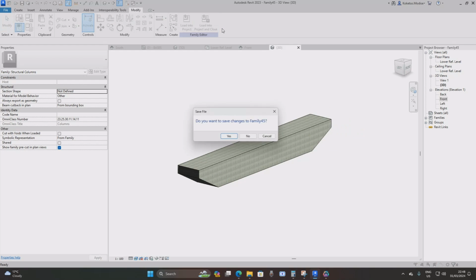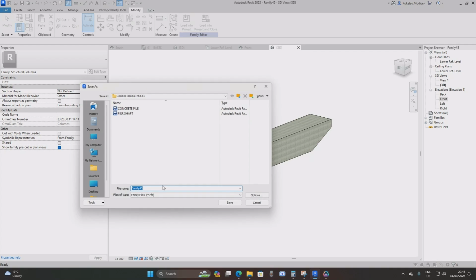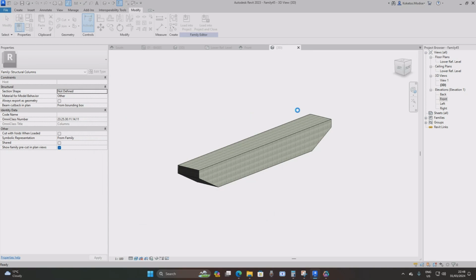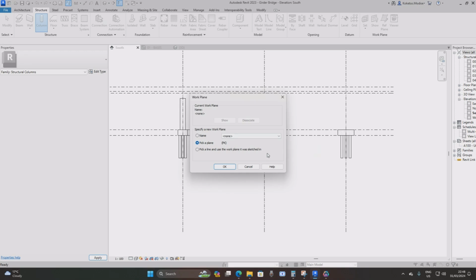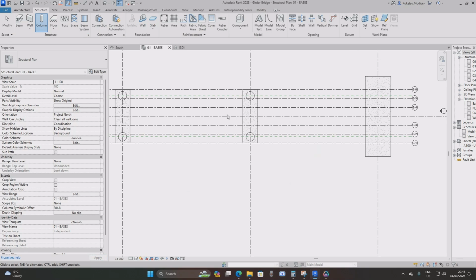Now I'm going to say load into project and close. I'm going to save this, and then I'm going to name this pier head and say save. And now I'm gonna open up the